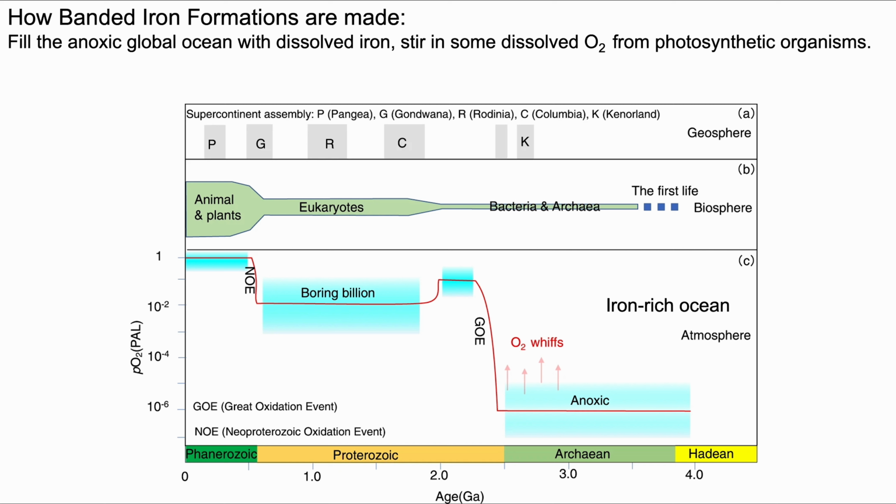As soon as you put oxygen in that water, it's going to bond with iron and drop out. So basically the ocean will rust pretty quickly. You can't put much iron into oxygenated water. It's very insoluble. We see these whiffs of oxygen generating the BIFs. So whiffs equal BIFs. And this is the great oxygenation event here around 2.4 or so billion years ago,